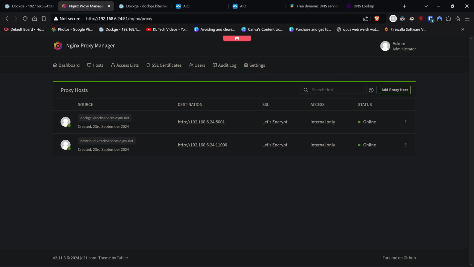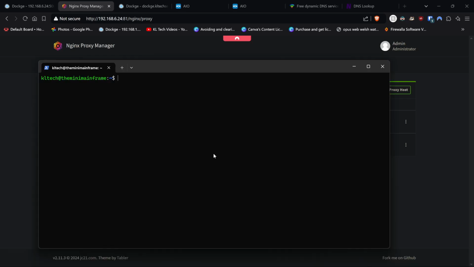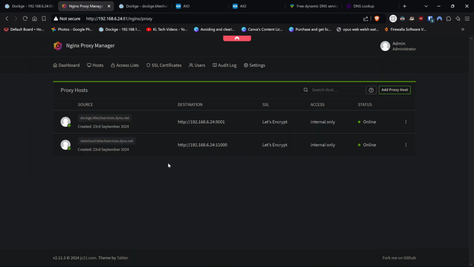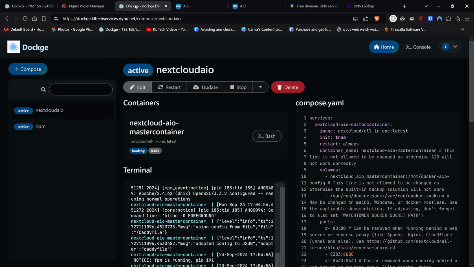Okay, and don't forget, we also need to put in a firewall rule. So sudo ufw allow 11,000. So if we do sudo ufw status numbered, 11,000, obviously that lets our reverse proxy in. There are no port forwards on the router itself, so we should now be able to